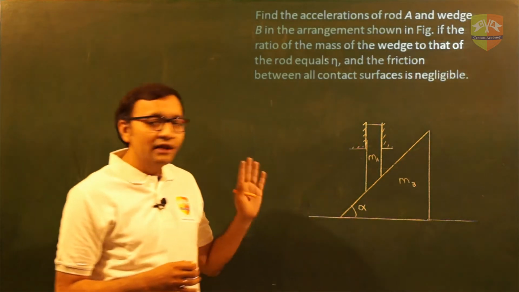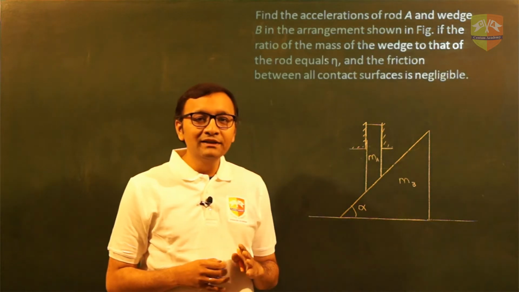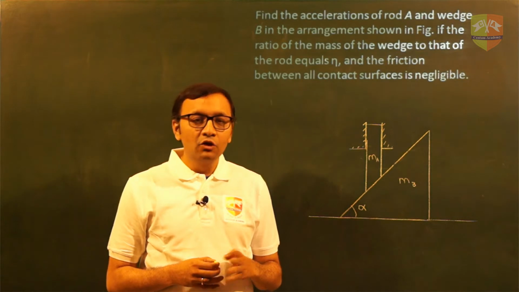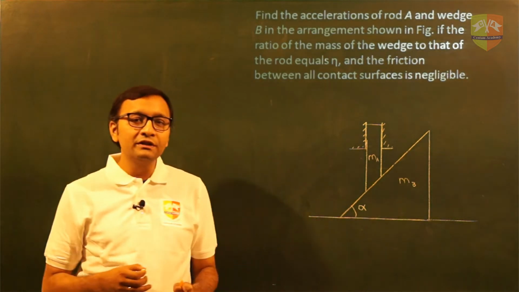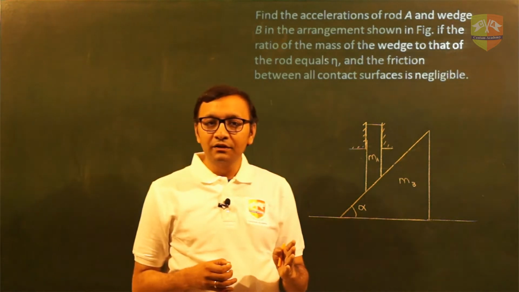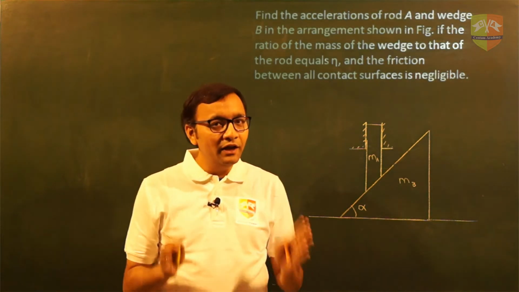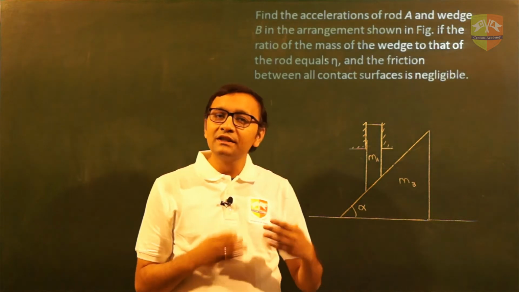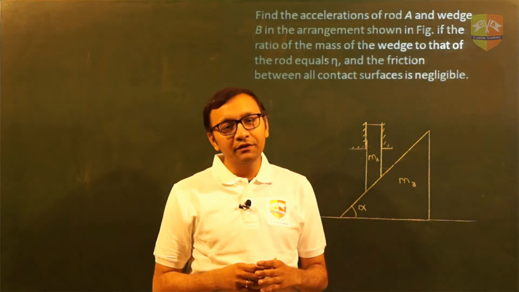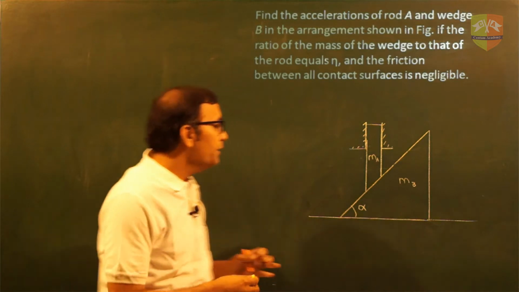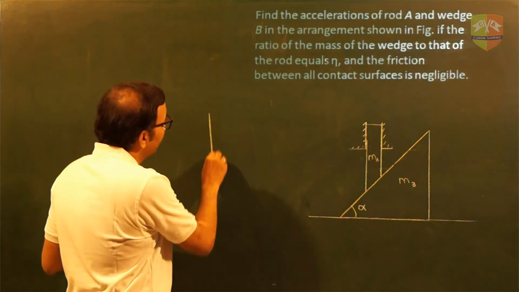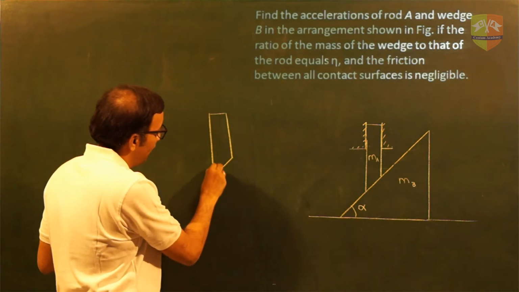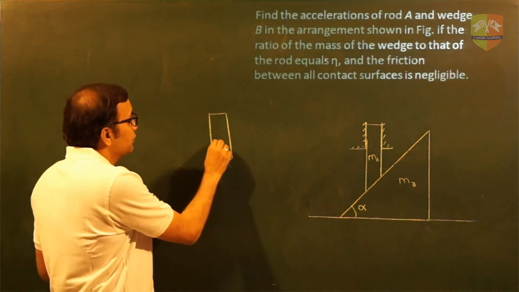Right? So let us take one by one both of the masses and draw free body diagram, and then we'll write the equation. Now the purpose of solving these questions is to get the equations right. Fine. We will not solve the equations entirely, but we will apply whatever basics we have learned till now and get our equations in a correct manner. Fine. So let us draw the free body diagram of MA mass. So this is MA,